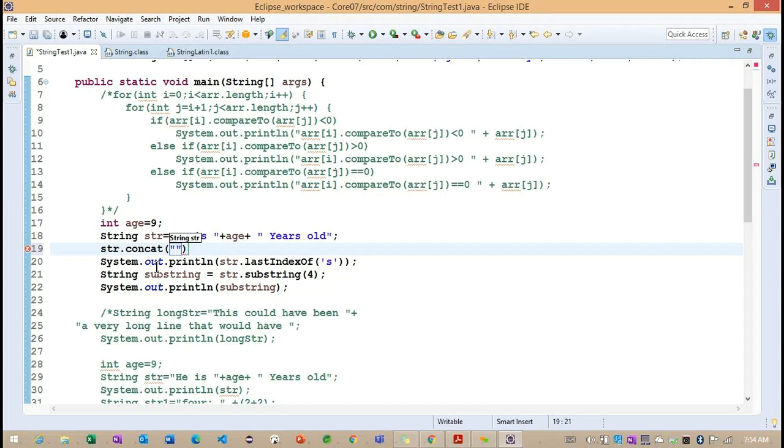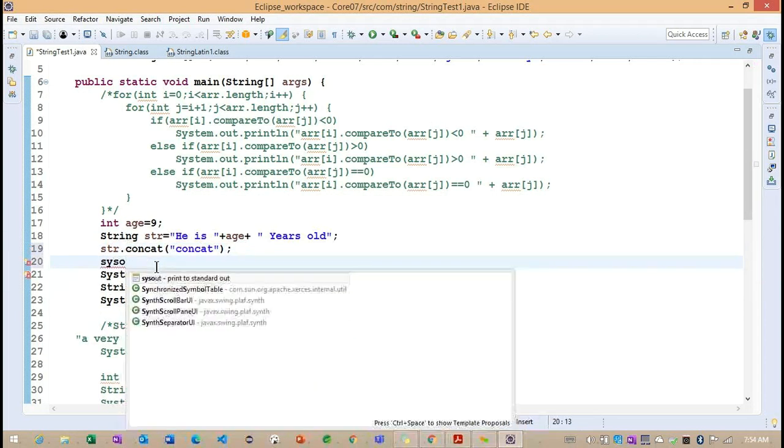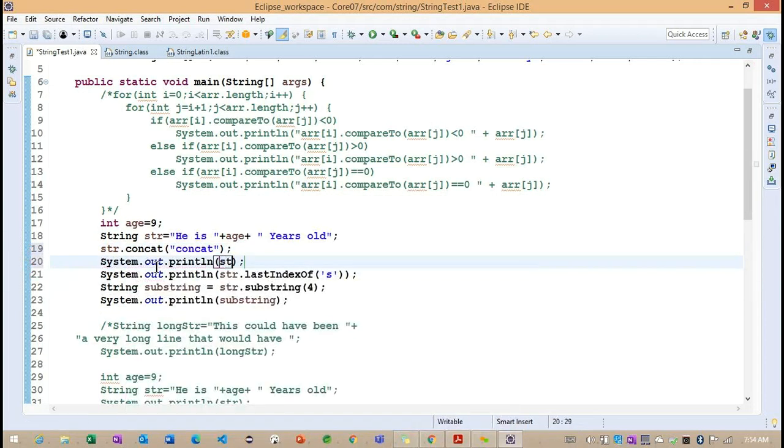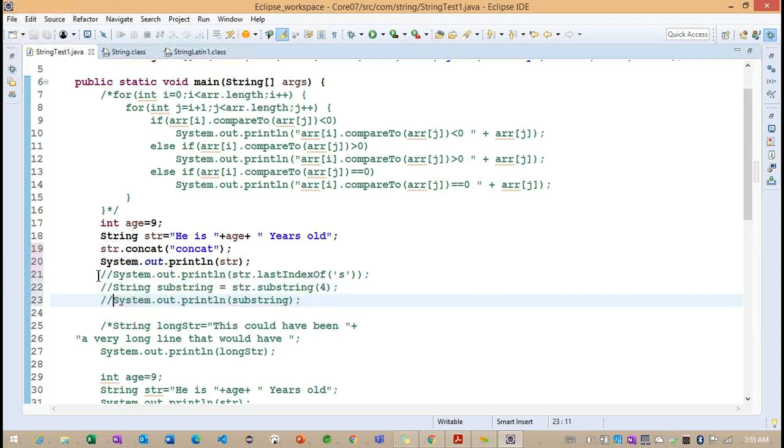If I add another string here, something called concat. Now I want to print this particular str. Let me comment out the remaining methods here.